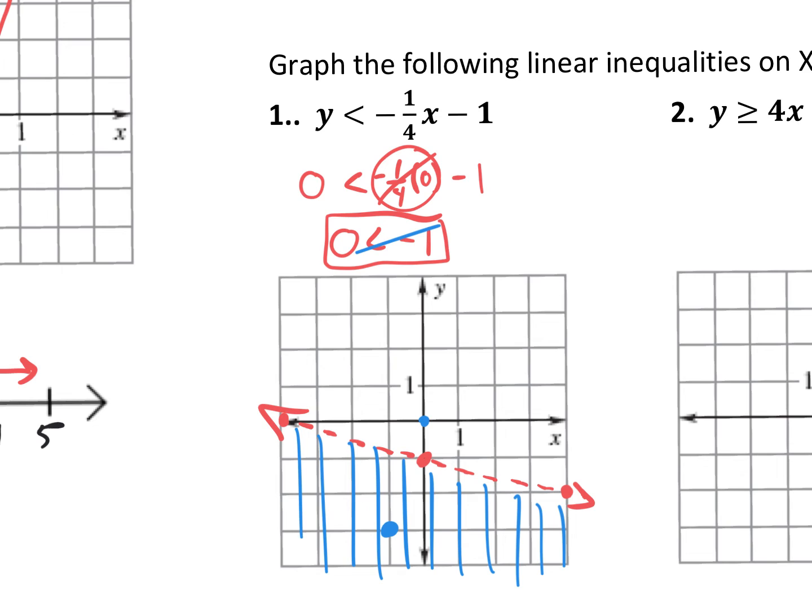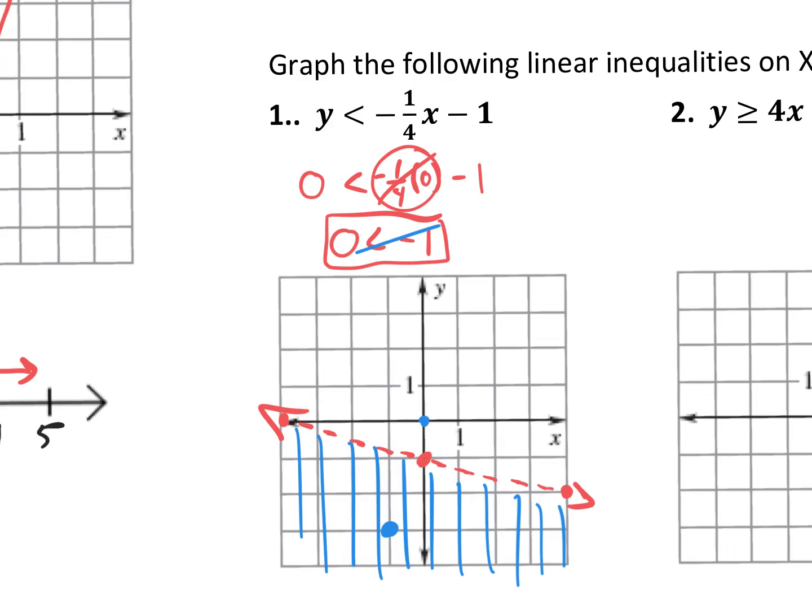Okay, is there an easier way? Yes, there is. You see, if you have y by itself, what is y if you think about that? Y is either up or down. Y is either positive or negative, right? Y is getting bigger as you go up, getting smaller as you go down. So because of this fact that if you have y by itself, you could actually look at this sign and think y is less than. So where is less than? Going up or going down? Y is less than, that'd be less. So your dotted line, it's going to be shaded below because of the less than,